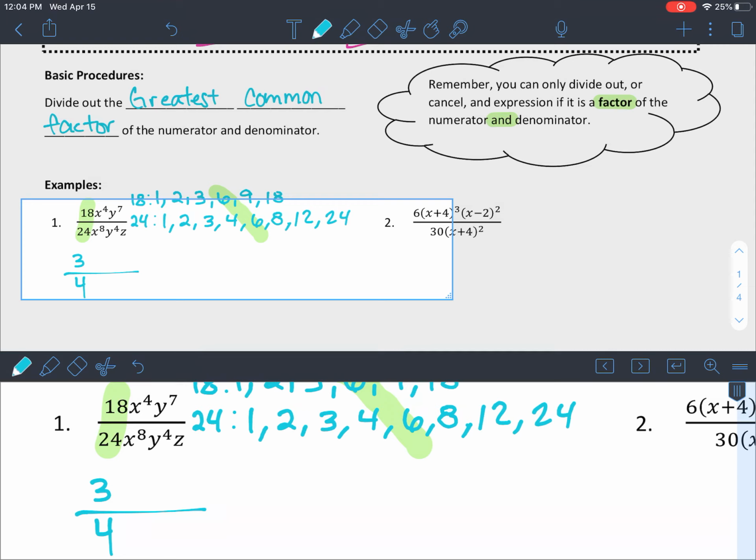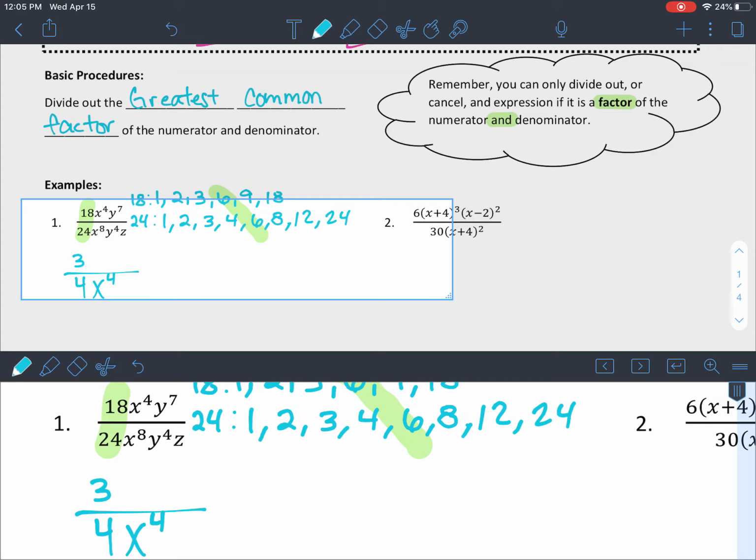If I have 4 x's on top and 8 x's on the bottom, that means I'm going to have more x's on the bottom than on the top. But then I ask myself, how many more? Well, if I think about 4 compared to 8, and I take away 4 from 8, I'm going to end up with 4 x's on the bottom,